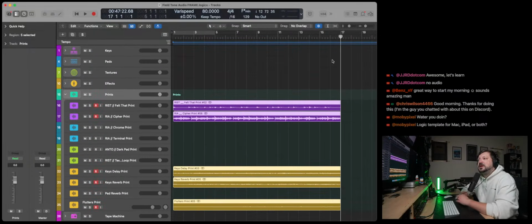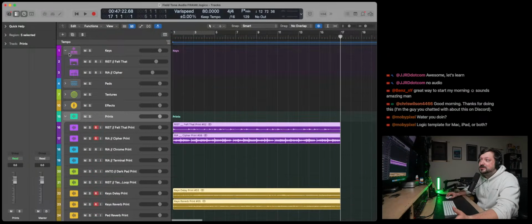So I want to be able to do a template like this for iPad, but I haven't figured out which free apps I want to use, or if I want to make it a requirement for people to have third-party apps that are paid. And I feel like most people would have the apps that I would use anyway, but I just don't want to force people into having to make additional purchases on top of buying a template,